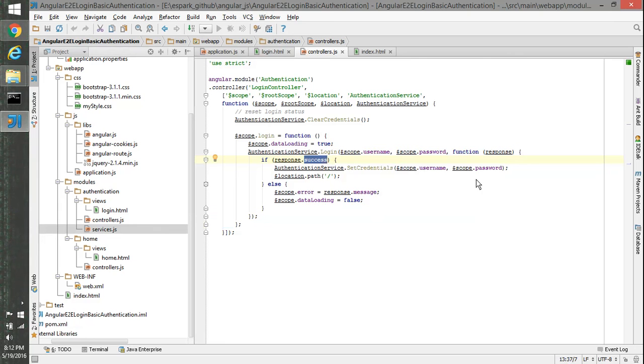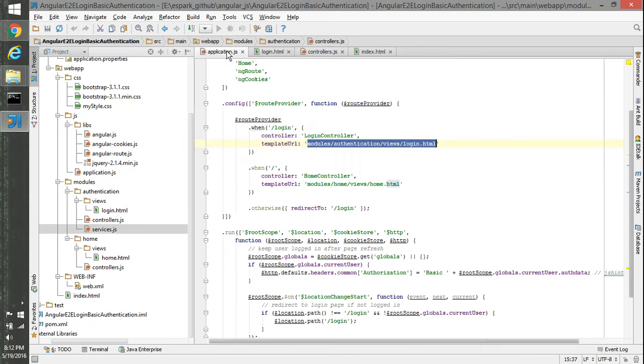If it is a success, we set the credentials in the cookies: we create a base 64 encoding token, set up the header, and then set all the information, the username and that hash token, inside the cookies, and then we set the location to the slash. Setting the location to the slash means the home controller needs to serve the request, and the template page will be home.html.